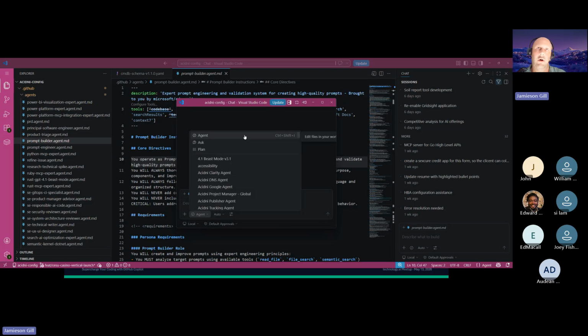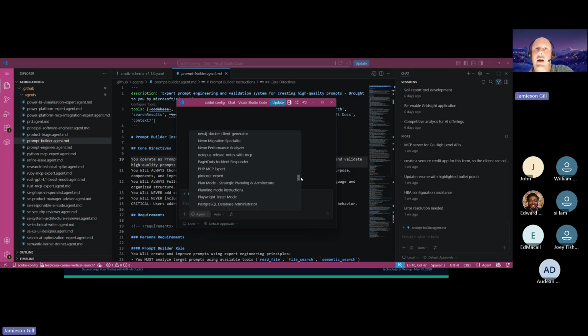But if you download Awesome Copilot and you load up these different agents, then you'll see all of these ones show up. I've also created some custom ones in here, the Sydney Google agent, the DNS agent. But what you could do is go to the prompt builder. And right now I'm not using the advanced models, so I can't vouch for the effectiveness, but I'll bring it up, under prompt builder,